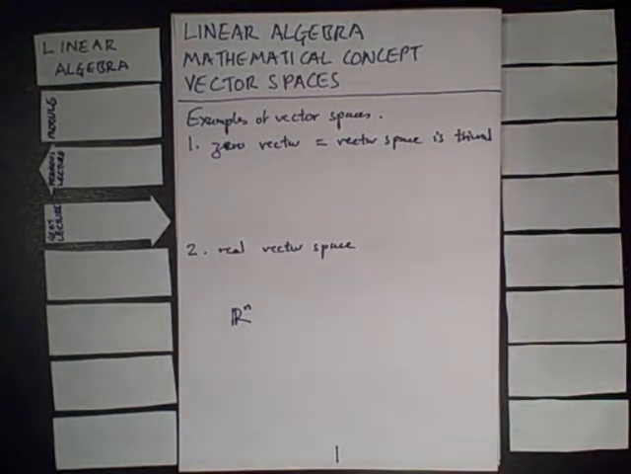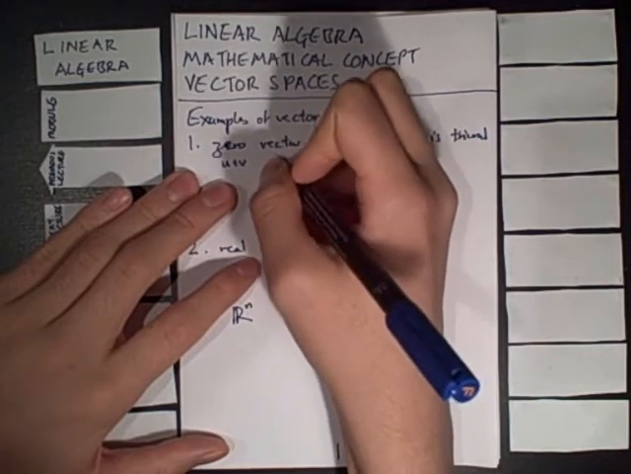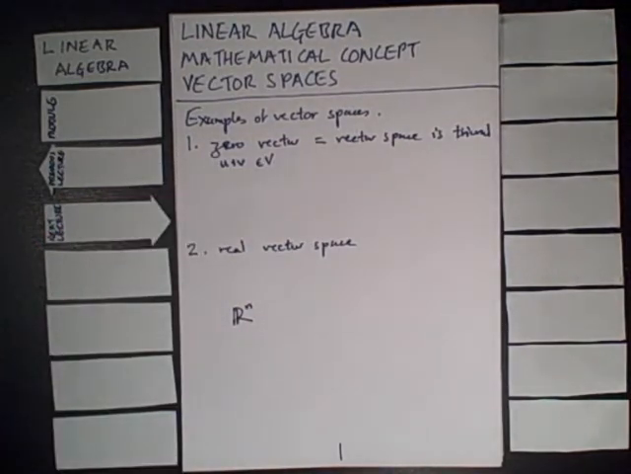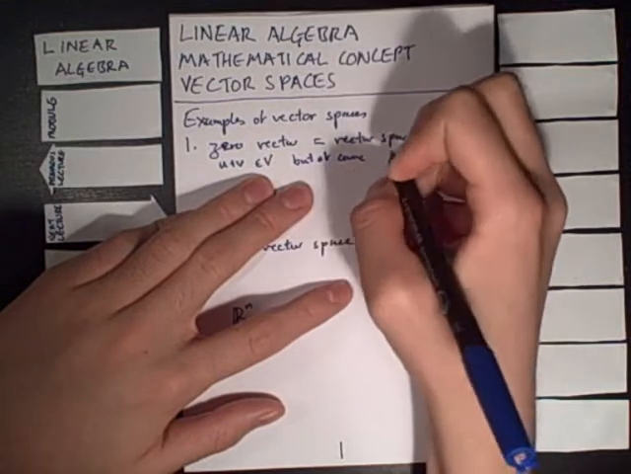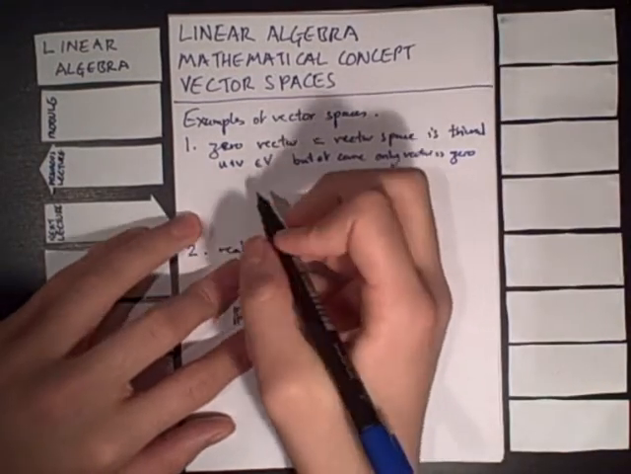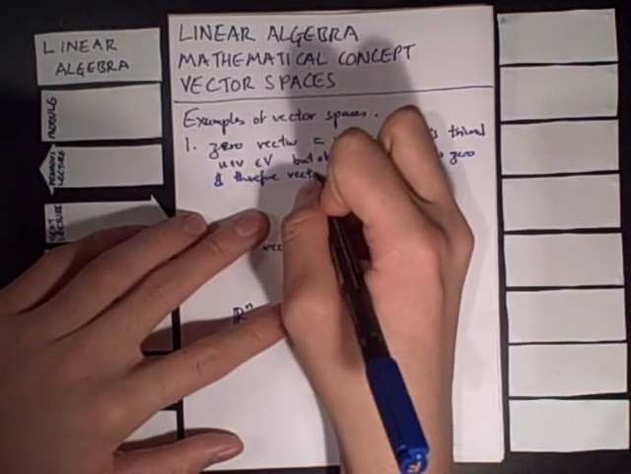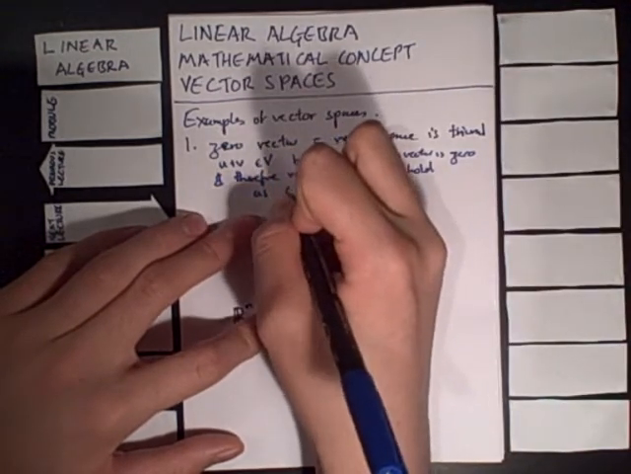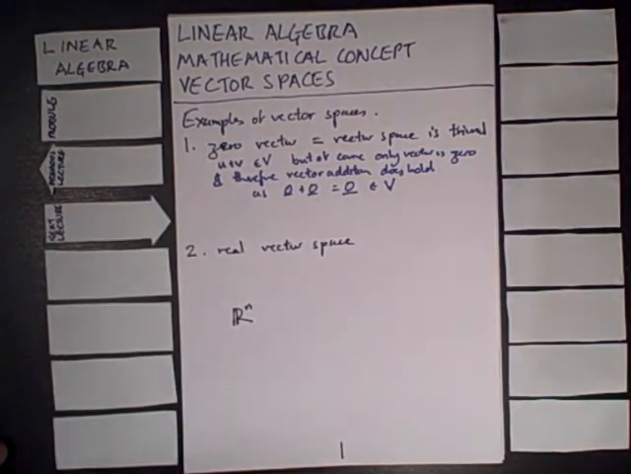Well, what are these? Vector addition says that u plus v is in V, given that u and v are in V. But of course, the only vector is 0, and therefore vector addition does hold, as 0 plus 0 is equal to 0, which is in V. Okay? The second